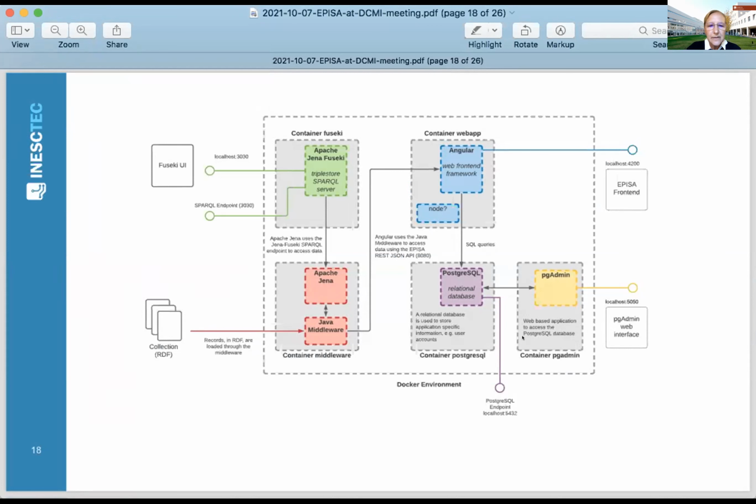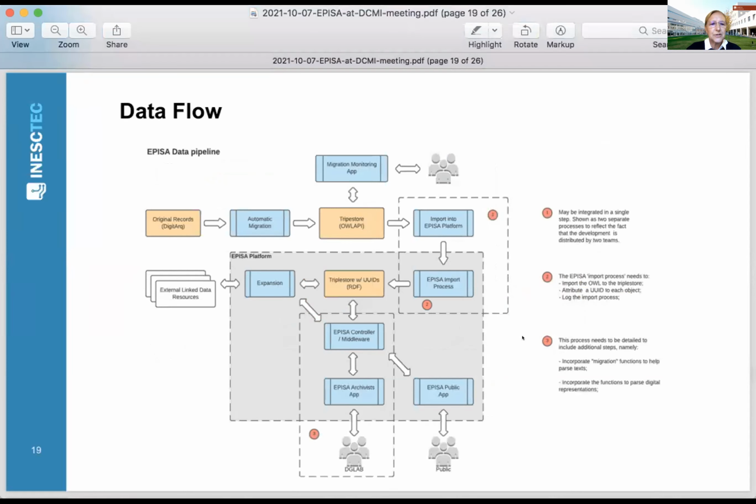And this architecture also includes a Postgres SQL database to take care of the administrative data regarding users, data configuration, etc. So this is a high-level view of this architecture. But based on this,